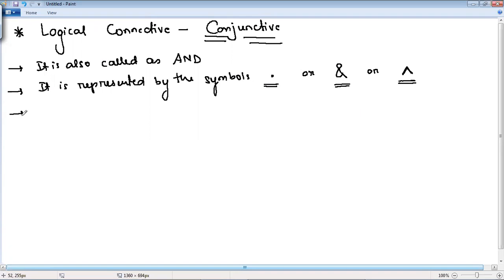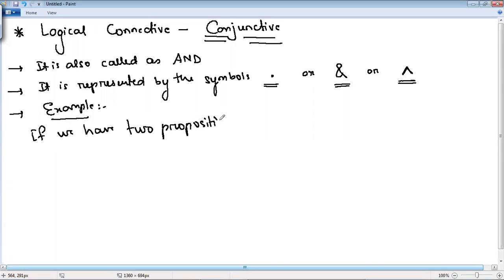Example: if we have two propositions, say the first proposition is represented by variable P and the second proposition is represented by variable Q. Suppose P is holding the value "it is raining" and Q is holding the value "it is blowing".